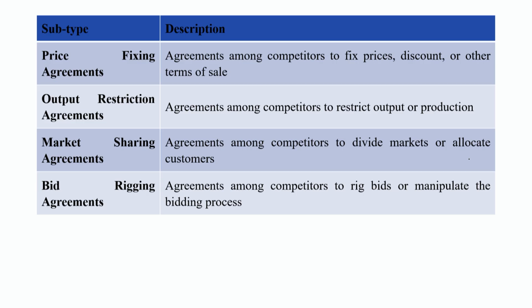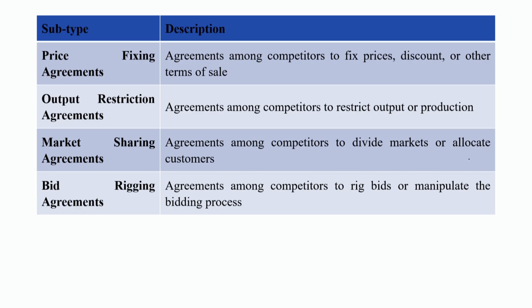For general understanding, a price fixing agreement means any agreement between competitors to fix price, discount or other terms of sale. We will discuss it in detail. An output restriction agreement is an agreement among competitors to restrict output or production. Market sharing agreements are agreements among competitors to divide the market or allocate customers. And bid rigging agreements are agreements among competitors to rig or manipulate